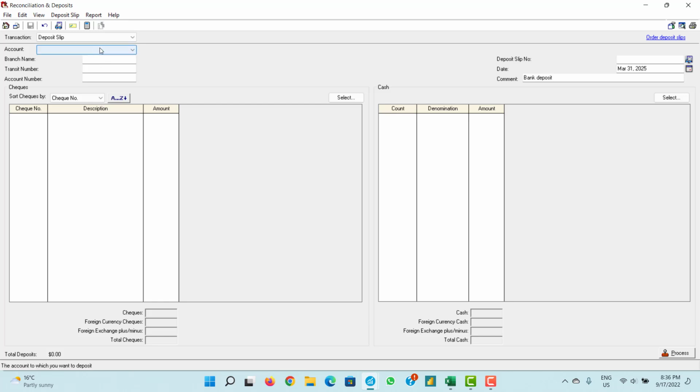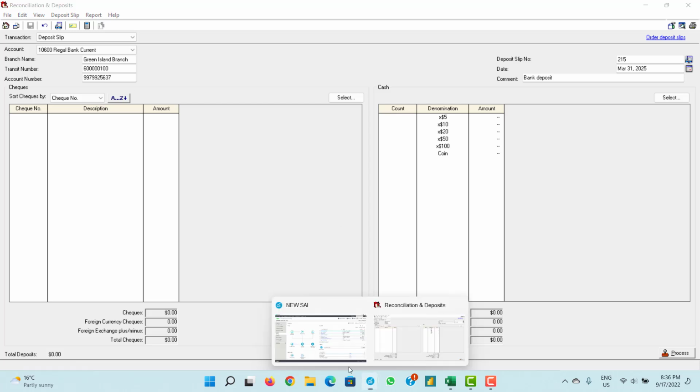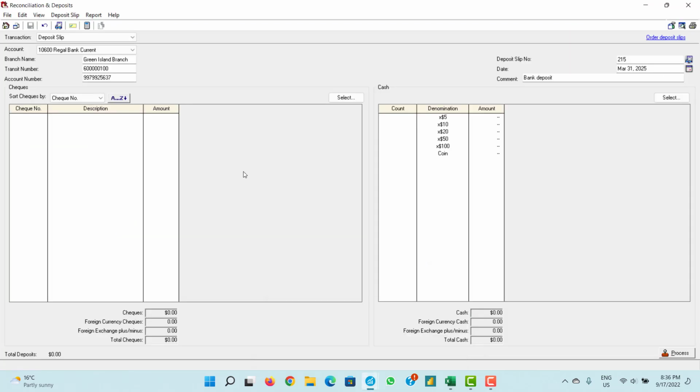Okay. So suppose that Regal bank account. Suppose I'm giving you some information. Checks can be processed in two ways. If you have a scanner in your office, then you can scan all the checks and deposit the money in the bank and create a receipt from here, just as I showed you. But if you deposit checks as a bunch to the bank, suppose you have 15 or 20 checks together,